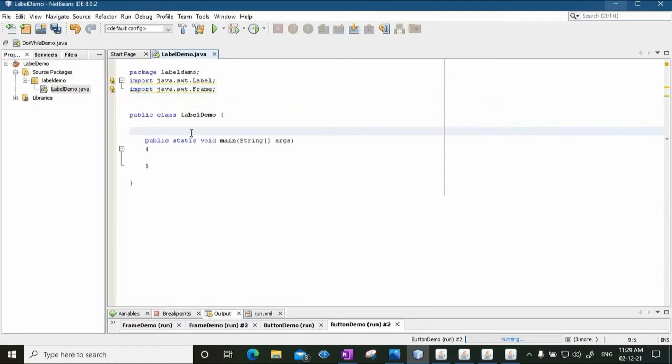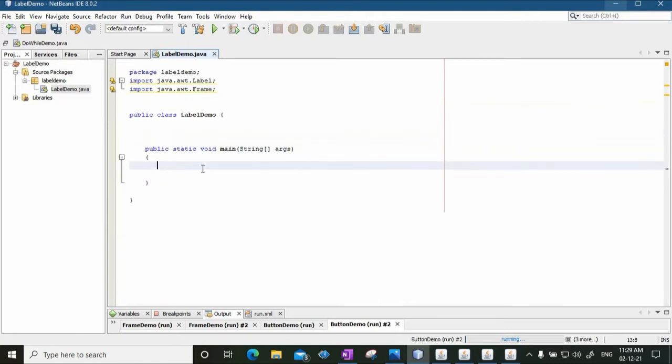Now in the main, we are going to execute the program by creating an object of this class. So I'll say LabelDemo obj equal to new LabelDemo, so it will create a new object, and that's how the program will be executed.